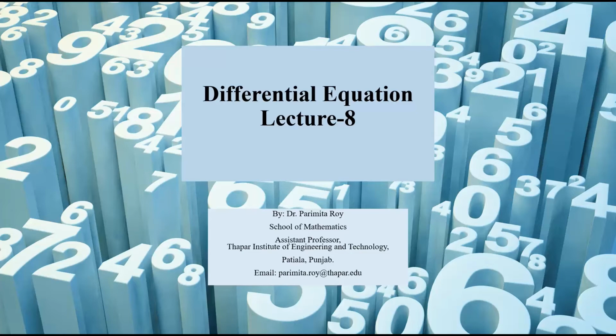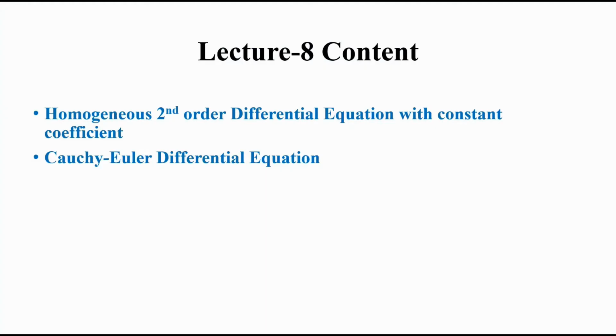So in this lecture, we will cover homogeneous second order differential equations with constant coefficients, and then we will describe the Cauchy-Euler differential equation. So let's see how to deal with the second order differential equation with constant coefficients. You must remember that in the previous lecture, we knew one solution and found the unknown solution. But in this one, we will see how we can find both solutions if no solution is known, and we will describe the particular case when we have constant coefficients.